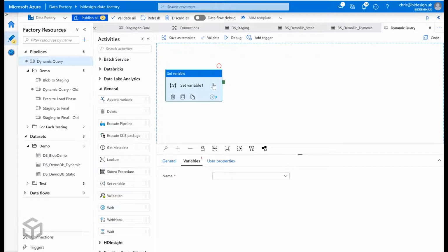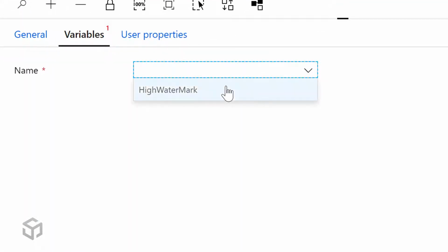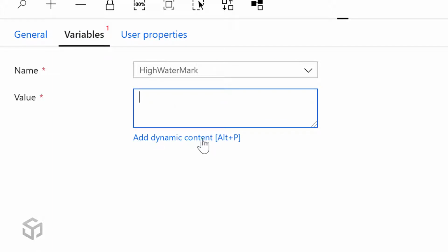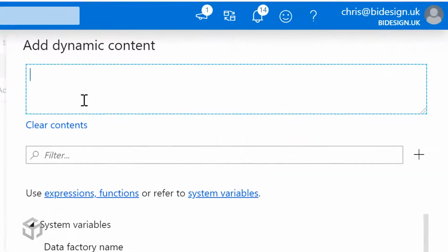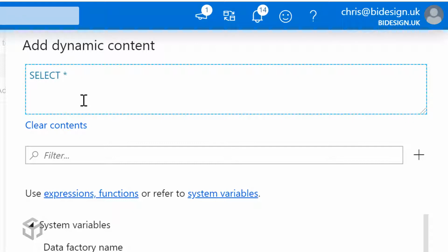And typically what you would do in a production system is you would have your latest extract dates held in a metadata table so that you can read those into your pipeline. So the last time it ran, you get your upper date from there, and then you can get your data between two date windows. So now that I've got my high watermark, I can actually set a value for it. And what we're going to do here is I'm actually going to create a SQL statement. So it's going to be a really rudimentary one, but if we just do a select star from our source table, which is source customer registrations, if we just start with that,